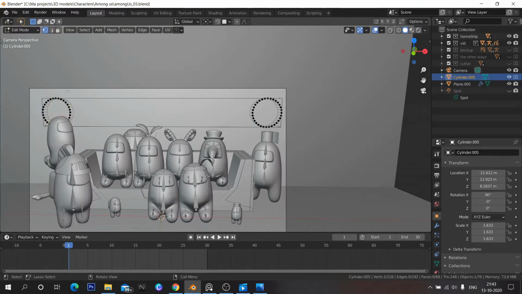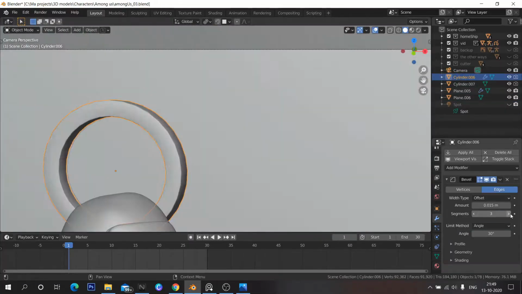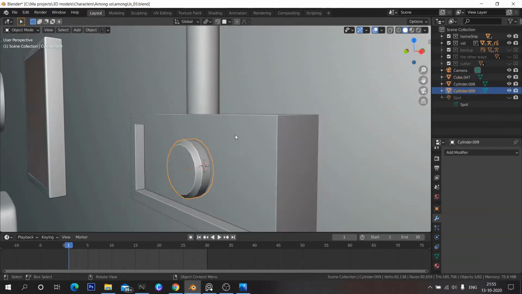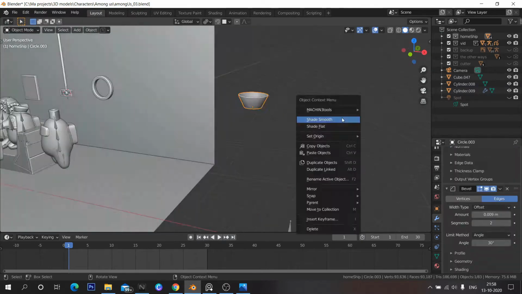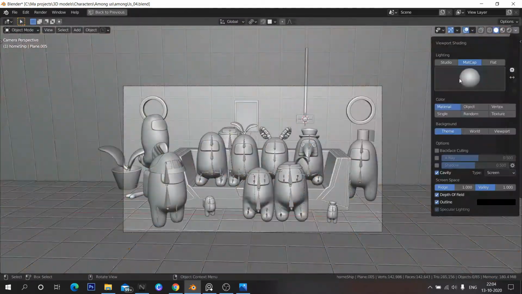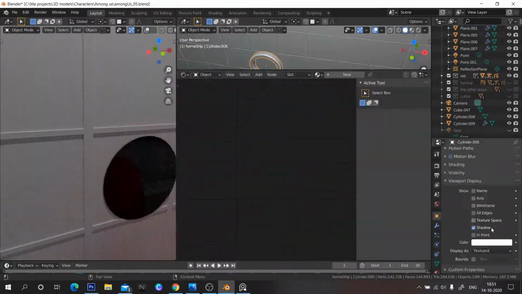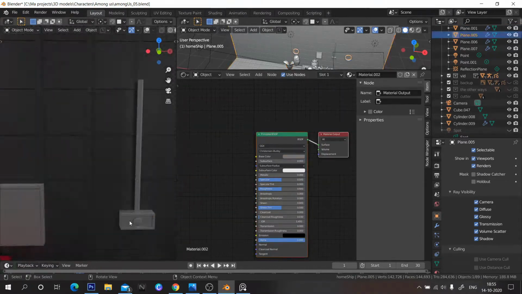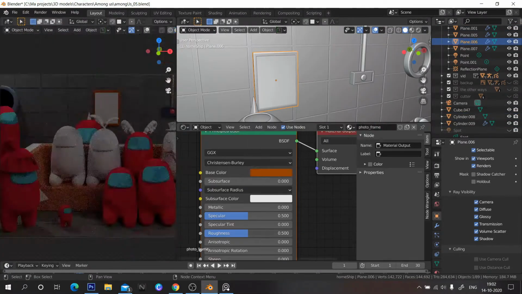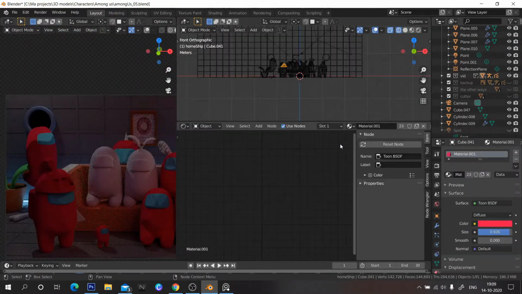So then I added some more details to the background, such as a window and frames, and also some details such as lights. Then I added some more materials, which we needed to make it look alive, and added some lights and other things like it. So I just added some glossy materials with some roughness and ended with